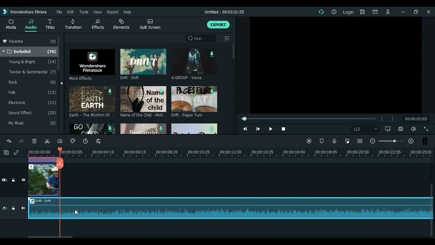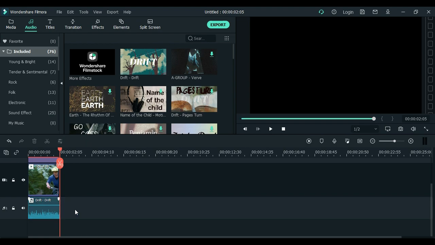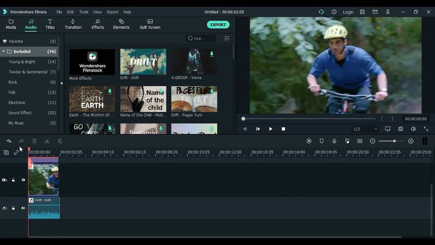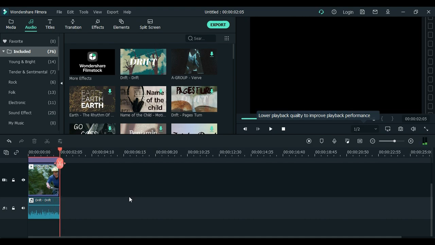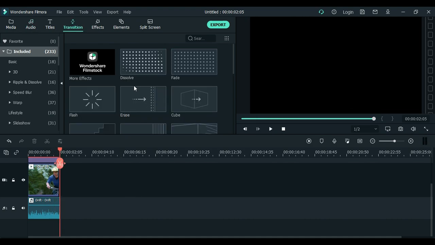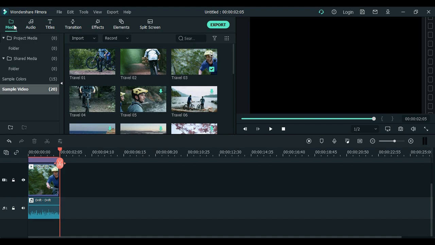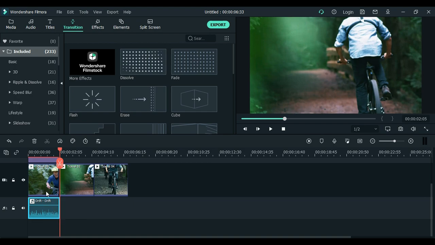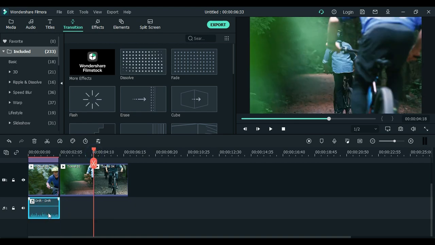Now the second one is transition. Transition is a very important part of video editing that beginners have to learn. If you want to use transition, if you have two or more slides, just add slides. Just write like this and this. Yes. Now go to transition. Just click on this and drag it to the end. Now here is the text. In the same way you have to stretch. Okay, now it's fine.